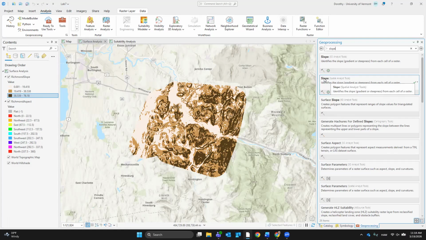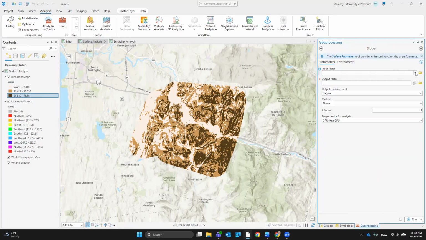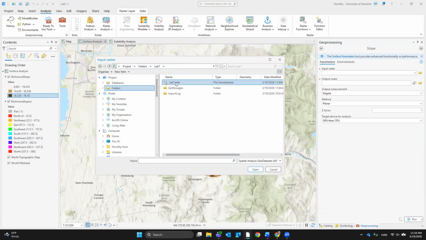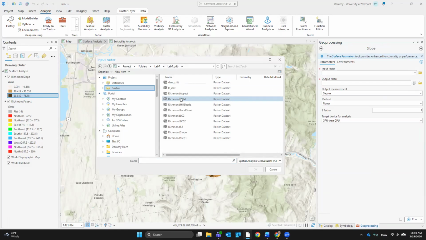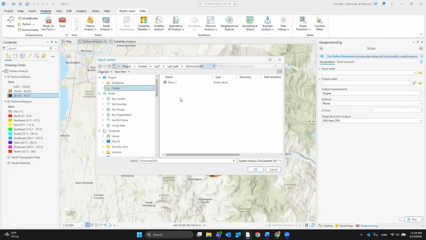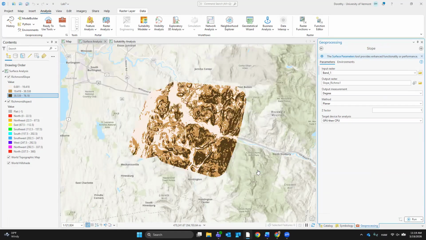Okay, I'm going to input my Richmond DEM, which is the digital elevation model, which is basically what I did in the beginning, right? So I'm going to do this part. My output, I did by degree. Let's make sure I did this correctly.